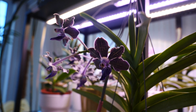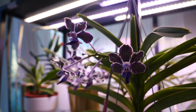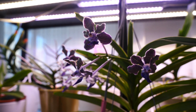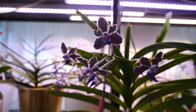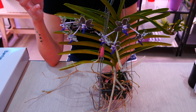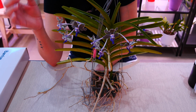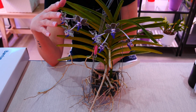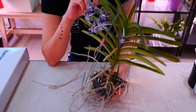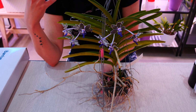I did not even have time to pot this orchid and transition it to a potted situation like the rest of my Vandas. And I kind of hassled with watering it as it is, and I didn't necessarily do a proper job, since you can see on the leaves, it's a little bit on the dehydrated side, which is okay. Vandas are very tolerant of drought, but still, it's not proper. It's not the best that it can be. So at some point when the flowers are over, I will go ahead and pot it and transition it to a potted situation. But I'm really happy that it bloomed, and I got to smell that beautiful fragrance that I